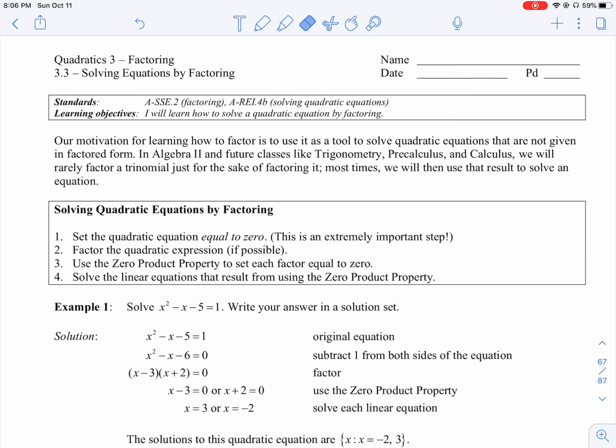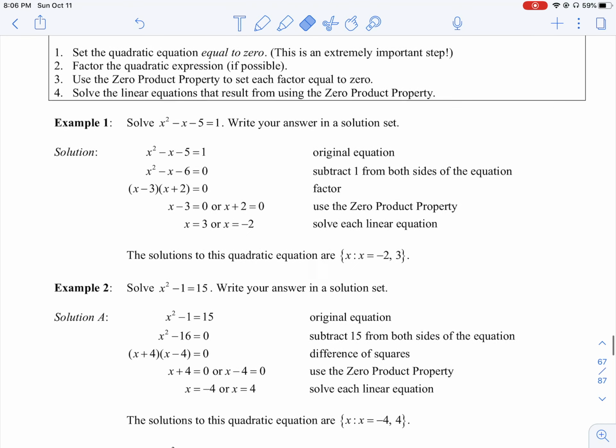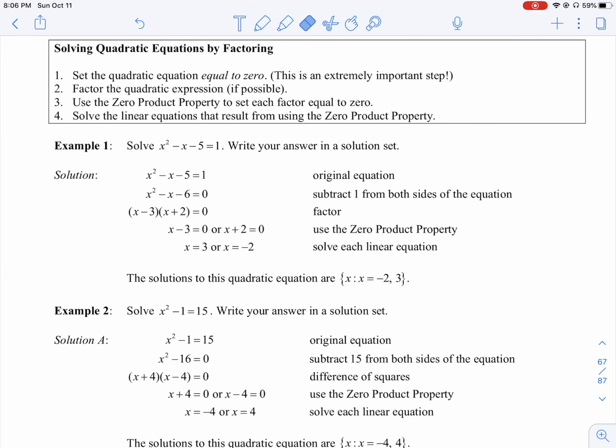This is Mrs. Delise and this topic is Quadratics 3.3 Solving Equations by Factoring. We have to follow a strict rule on how to solve equations by factoring. First step is we set the quadratic equation equal to 0, and this is a very important step in factoring. Next, we factor the quadratic equation if possible, and then we use the zero product property to set each factor